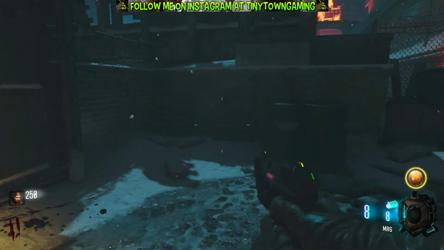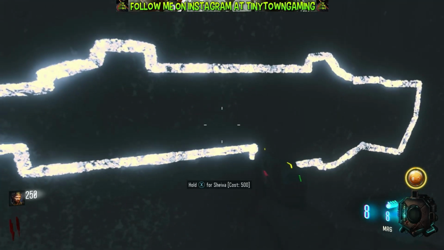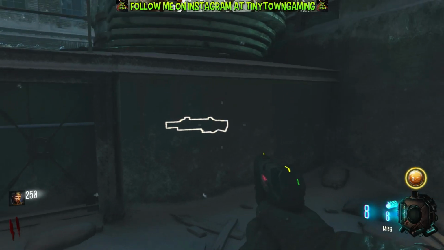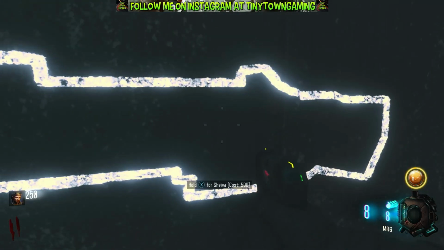And what you're going to do is come over to your glitched out gun, which is why I go with the Shiva, because it's right here. You're going to want to go to your starting pistol, not the RK5. Go to the MR6. Buy...